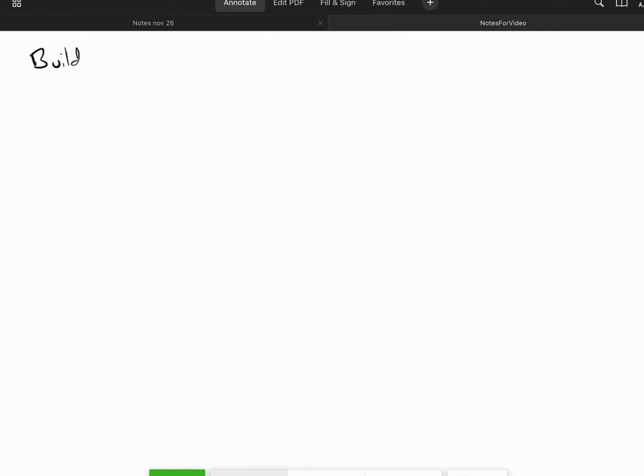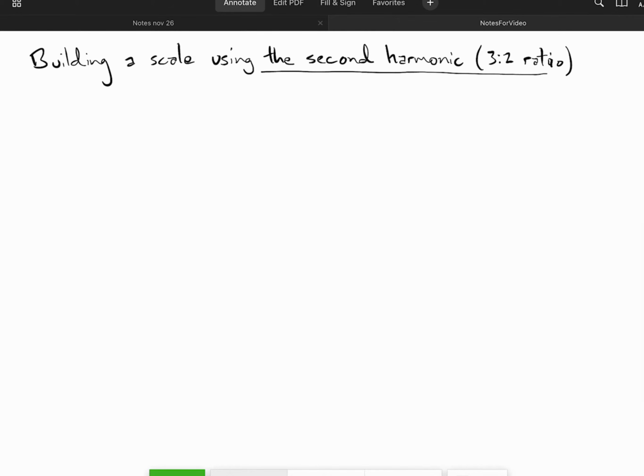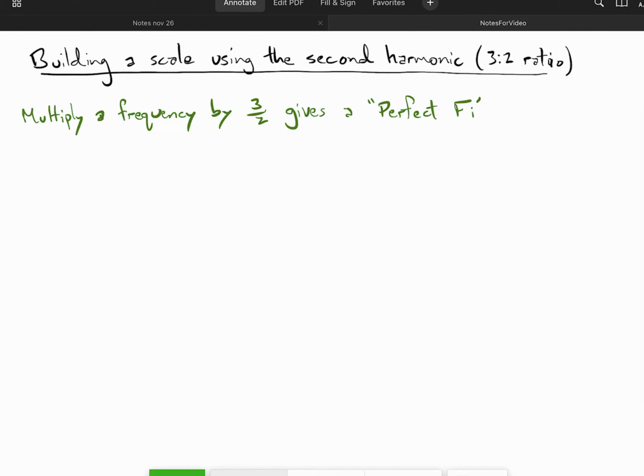So let's use these harmonious intervals to explore another way to construct a scale. Two notes sounding in perfect unison is the most harmonious. An octave apart, the fundamental and the second harmonic, is the next harmonious. And the fundamental and the third harmonic, with a ratio of 3 to 2, is the next harmonious. An interval where the ratio between frequencies is 3/2 is called a perfect fifth, although that naming, much like the